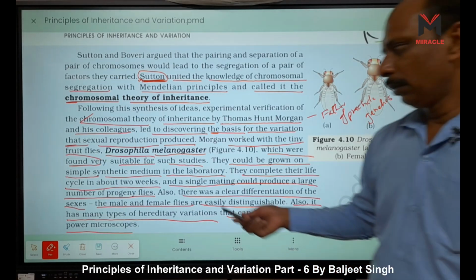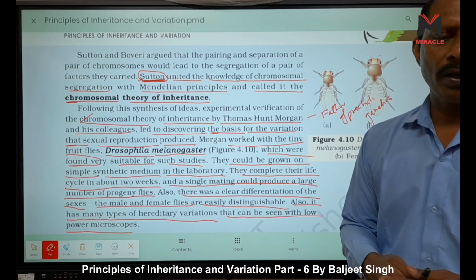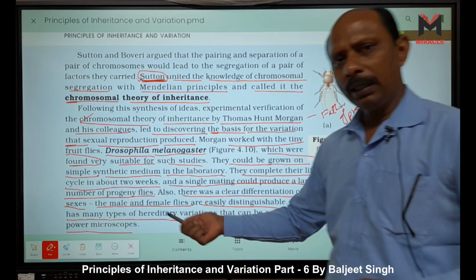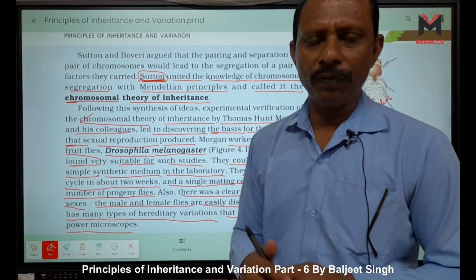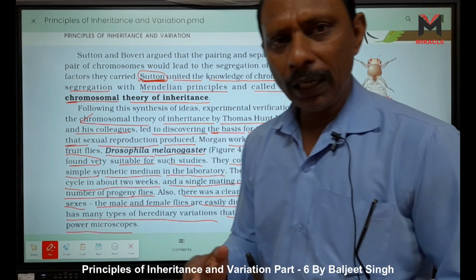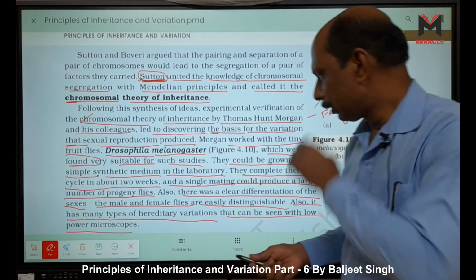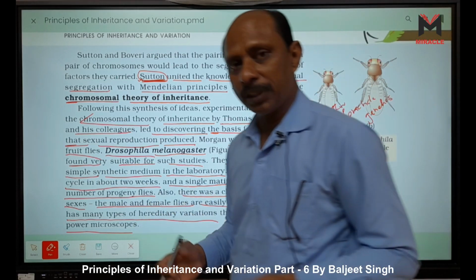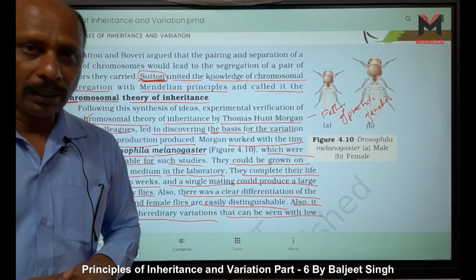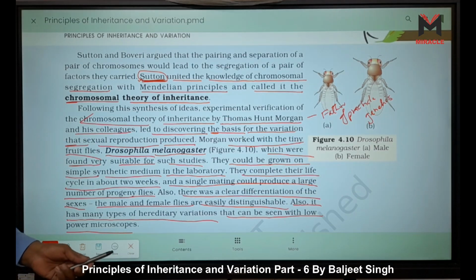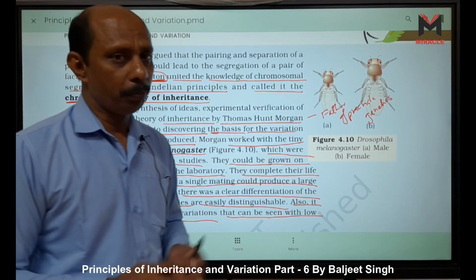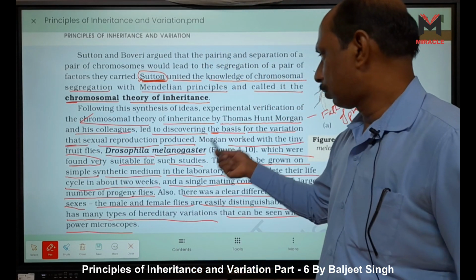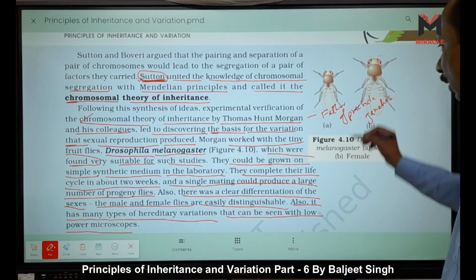Because it is very suitable for studies. It can grow in synthetic medium. Its lifespan is very small, only 15 days or 2 weeks. It can produce more progeny through a single mating. It has many variations which can be seen with a low power microscope. Male and female show sexual dimorphism. These are the reasons why Thomas Hunt Morgan chose